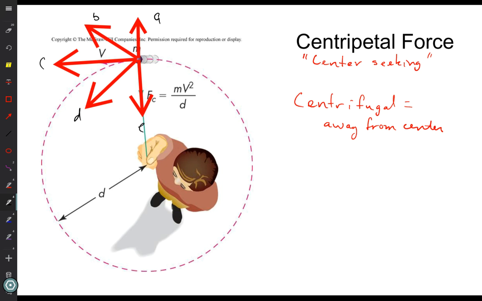Centripetal force is not its own force. It's always made up of some other force. In physics, when you draw a free body diagram, where you show the forces acting on an object, you never show the centripetal force because it's not a force acting on the object. It's caused by one of the forces acting on the object, or maybe all of them. And so the force of gravity is providing the centripetal force.